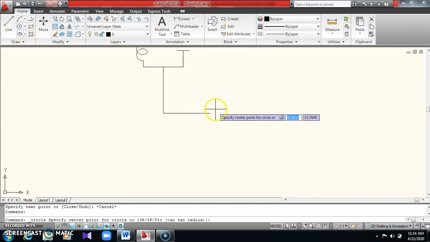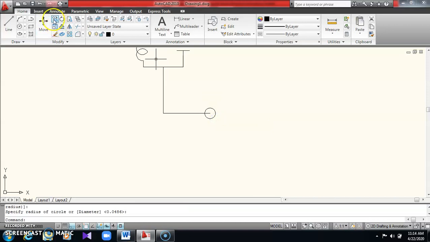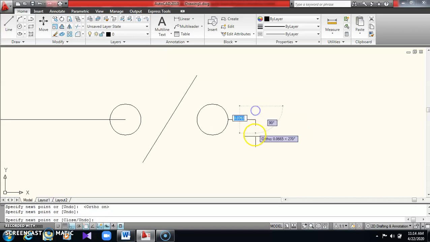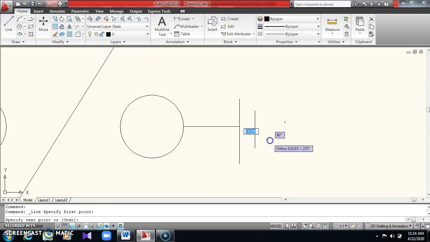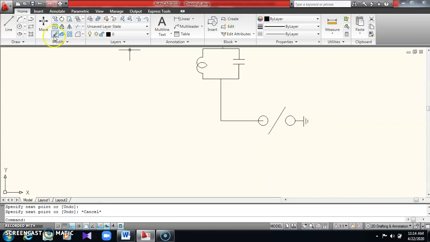So what you have to do here, draw a circle, copy this, paste over here, take a line, so F8 to make it on. Okay, so take a line and just join like this. So from here, F8 to make it on, you specify your here and you specify grounded. Take a line, just draw a line and draw another line over here. Okay, yes. So now hatch it.